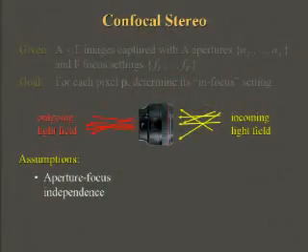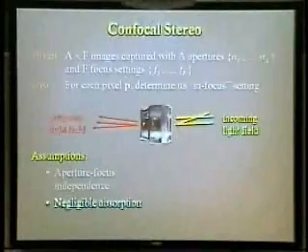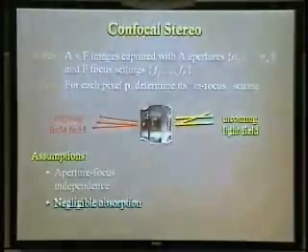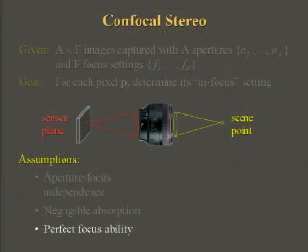First of all, the aperture setting of the lens only determines which of the rays are blocked. It doesn't determine how the unblocked rays actually pass through the lens. Secondly, all the light entering the lens is either blocked by the aperture or passes without absorption. And finally, for any visible scene point, there's a focus setting that brings that point into perfect focus. These 3 basic properties are satisfied by typical SLR lenses.